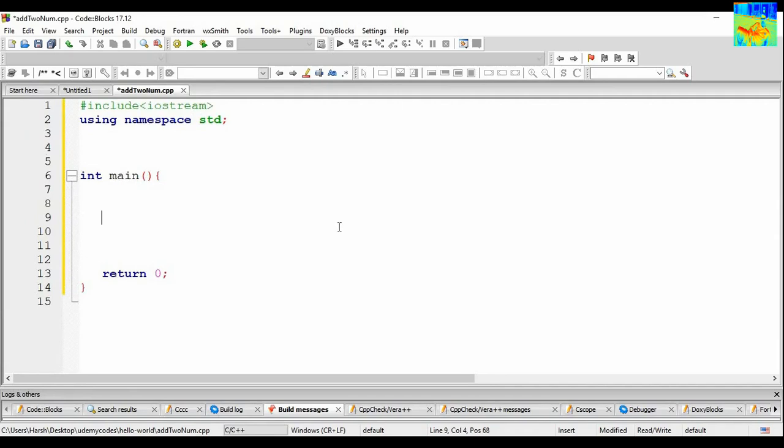Okay, so let's say my first number is 10, so i equals 10, and my second number is 15, so j equals 15. Do not forget to write semicolon. So basically, what do you want here? I want the system to give me some memory in which I can store my data. So first of all, I will get some memory, I will store some data in it, and after some time I will have to access that data. So we call this storage, this data, variables.